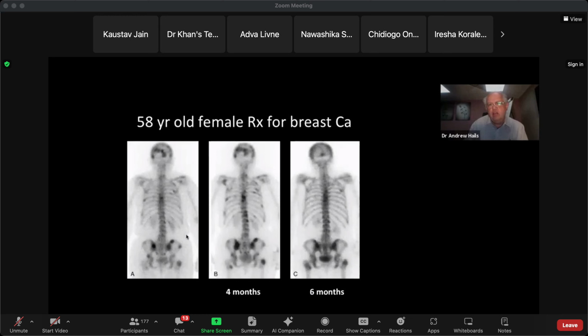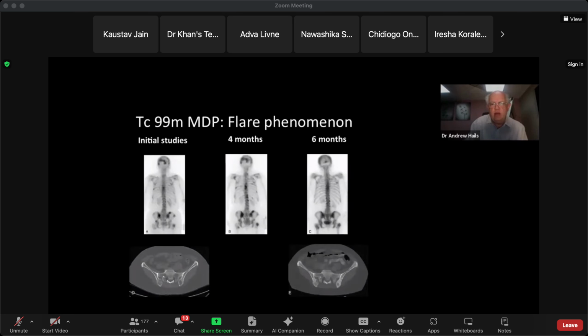On its own, you might think that was progression. But I'll see what I've got here. Yeah, so it doesn't entirely help you, does it? But basically,